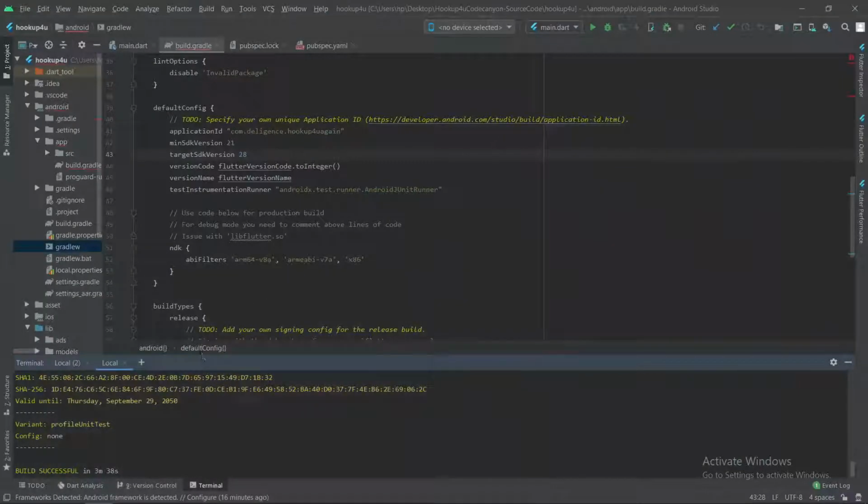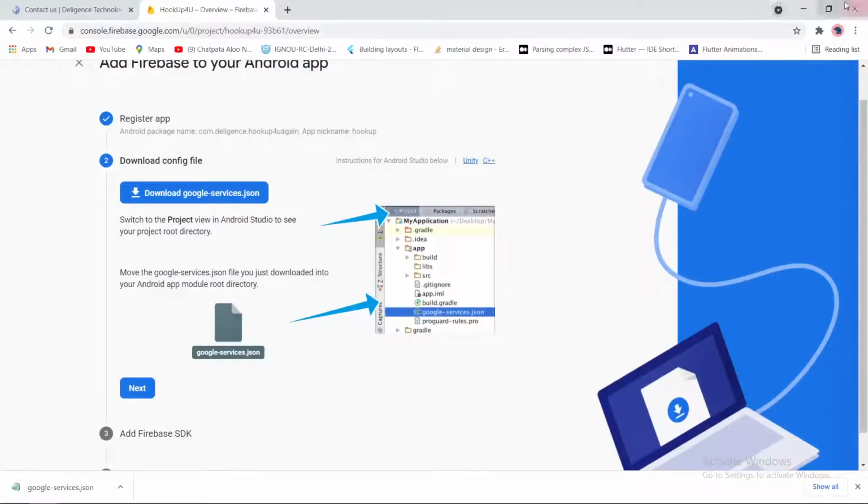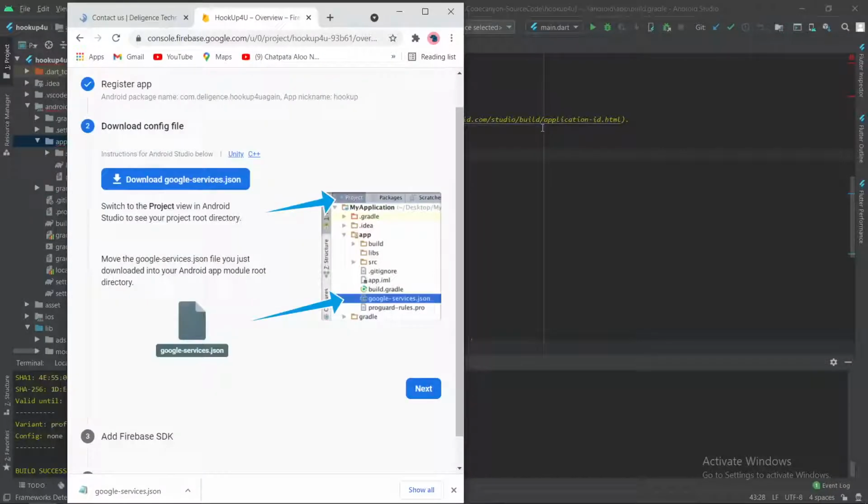I have already downloaded it. Just go to Android Studio, open Android and then tap on app. Here we need to place the google-services.json file in app. Make sure to place it here only.